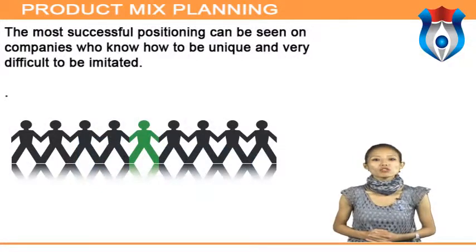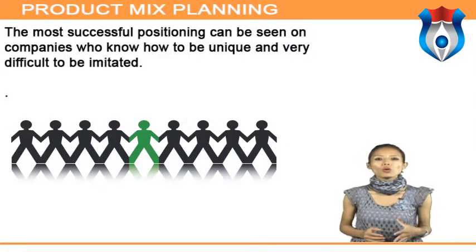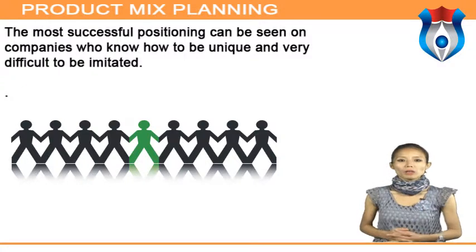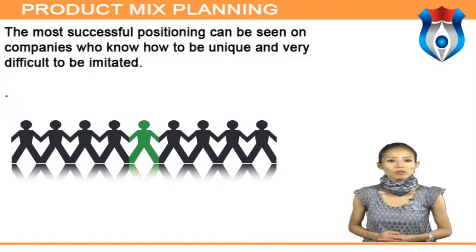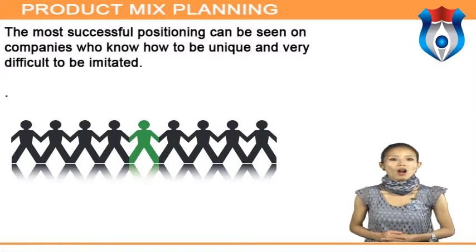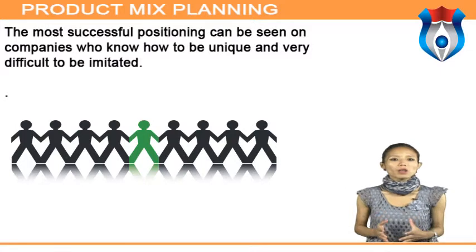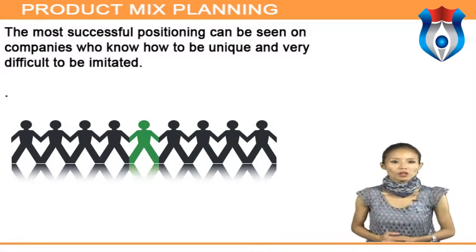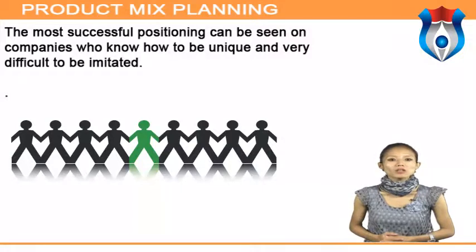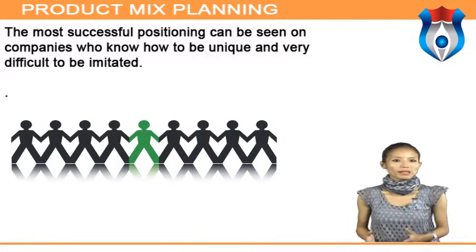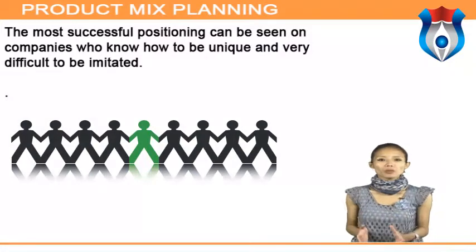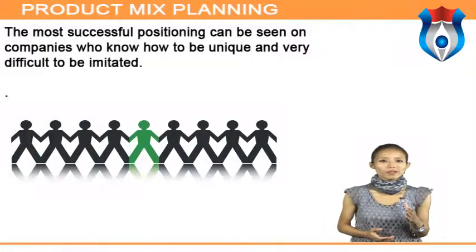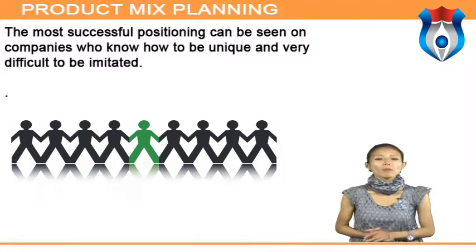The most successful positioning can be seen in companies who know how to be unique and very difficult to imitate. No one could successfully imitate IKEA, Harley-Davidson, Southwest Airlines, or Neutrogena. These companies have developed hundreds of custom processes to conduct their businesses. If one does not have a difference, why should you be preferred? From another point of view, positioning is being different in its essence. The basic thought is to develop a peculiar, unique approach. An object peculiar to itself is, of course, different from others.